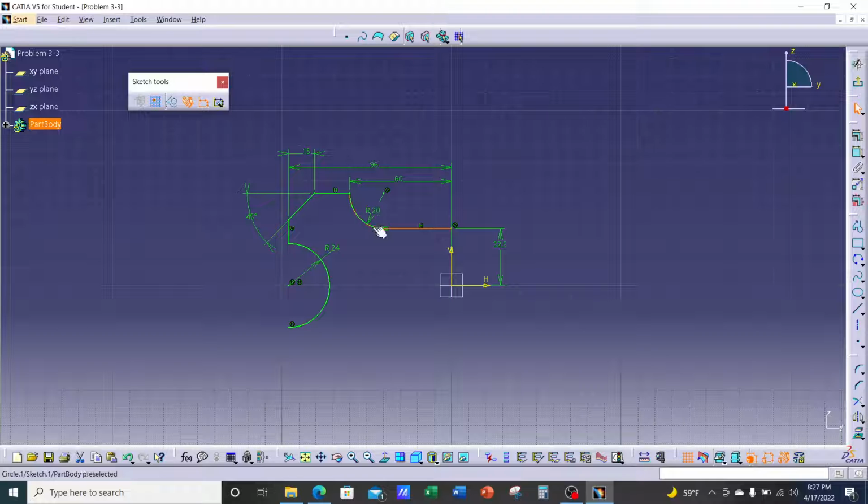Select the horizontal, arc, horizontal, chamfer, vertical. I'm holding on to the control key, pre-selected everything, and now I'm going to click on the horizontal axis. That's my mirror axis or symmetry axis. Okay, so now I can let go of the control key and I'm going to add,